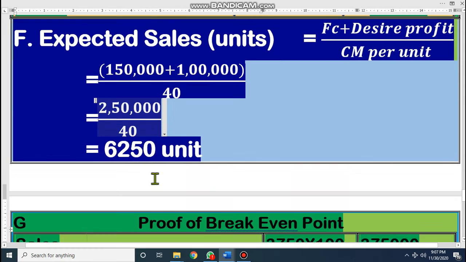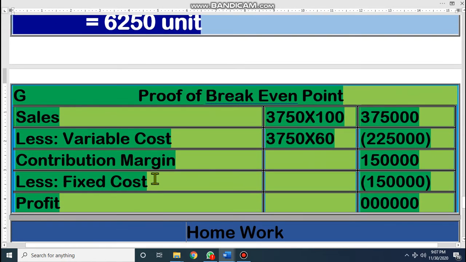Now prove the break even point. You know that break even point is a point where there is no profit, there is no loss. That means to find out the break even point, for finding the profit, at first you have to write the sales. In break even, sales is